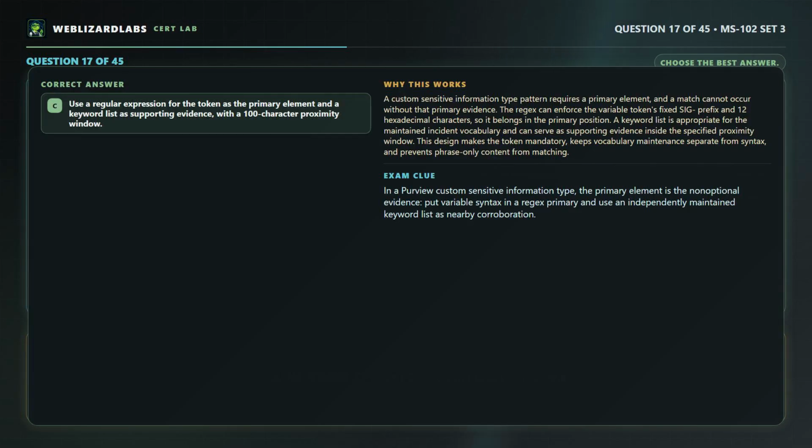The correct answer is C. Use a regular expression for the token as the primary element and a keyword list as supporting evidence with a 100-character proximity window. A custom sensitive information type pattern requires a primary element, and a match cannot occur without that primary evidence. The regex can enforce the variable token's fixed SIG prefix and 12 hexadecimal characters, so it belongs in